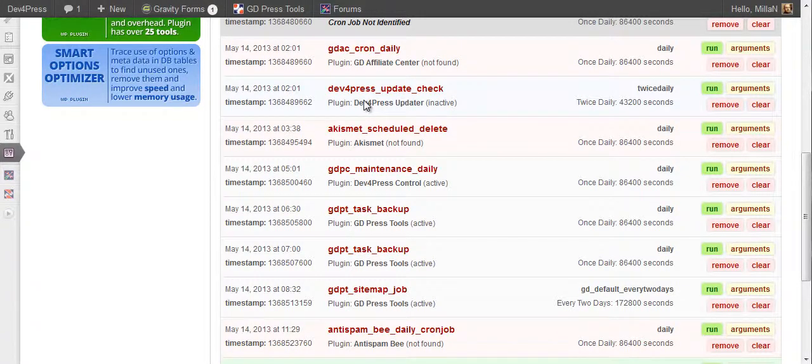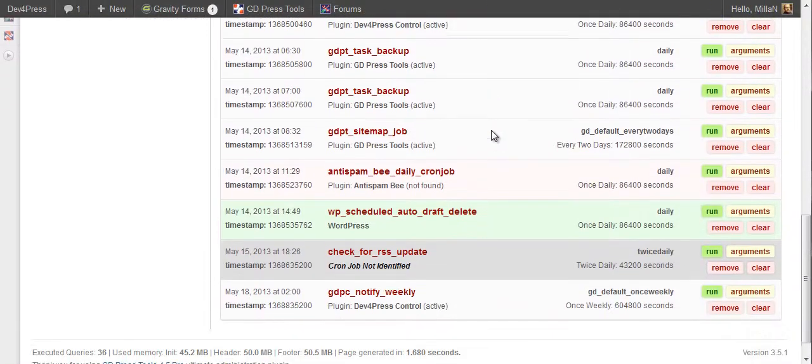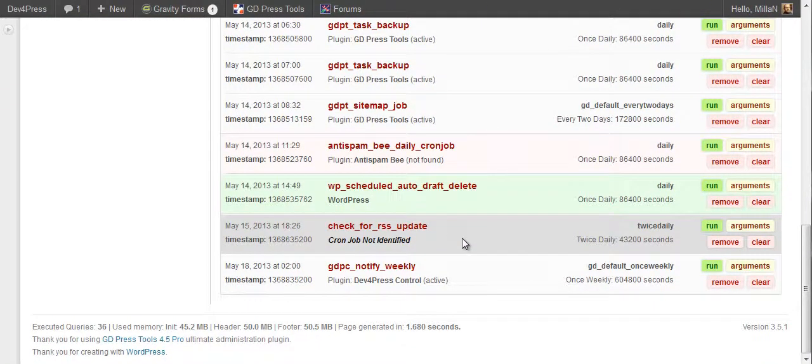Then we have a job that is marked as inactive. So the plugin that this job belongs to exists, but it's not active. Then we come to a few more active plugins that have jobs. They're with white background, and again at the end we have another one that's not identified.